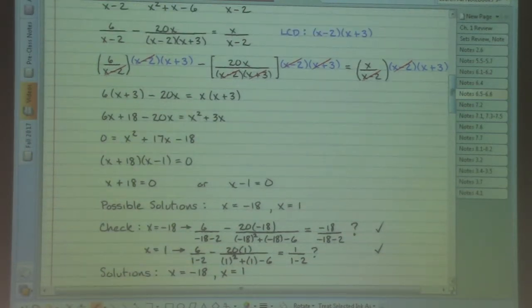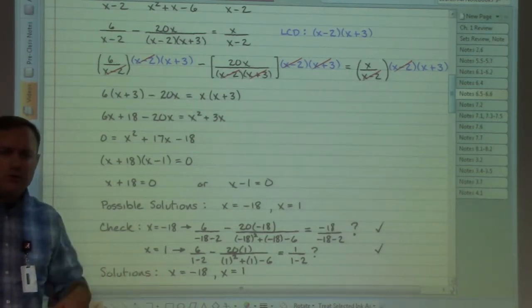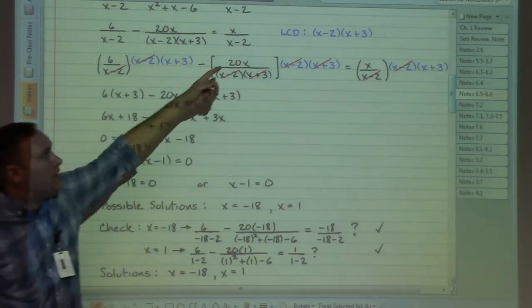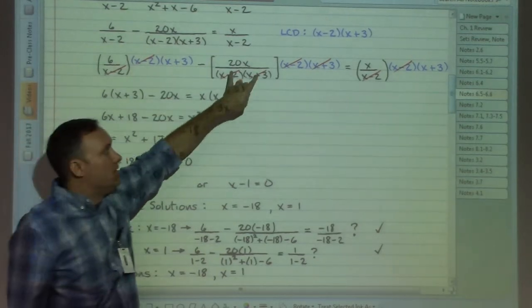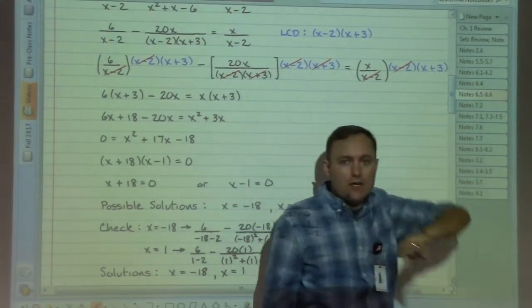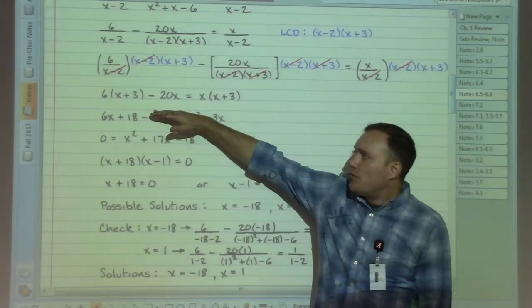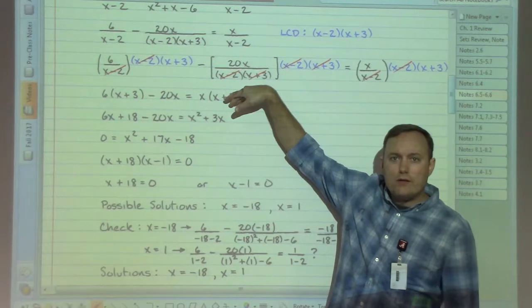Again, let me try to emphasize the steps that we've got, starting with the first step at the top of the screen. The same way as in the past, if we have fractions, we said let's go ahead and clear those fractions out if we multiply by the LCD. We figured out our LCD. We took our first fraction times the LCD, second fraction times the LCD, third fraction times the LCD, and that allows us to wipe out all of those denominators and get at least a somewhat friendlier looking equation to work